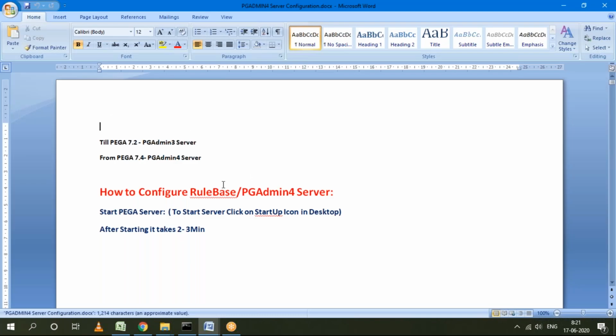This one again is a third-party thing which is integrated in Pega. So pgAdmin 4 is some third-party setup. From 7.4 we are using pgAdmin 4. Before that we were using pgAdmin 3. The configuration steps are slightly different, but no need to worry. Nobody will ask these configuration steps in interviews. We only need to know as per knowledge, because personally we have to do it ourselves, right? So accordingly, we have to know the process.